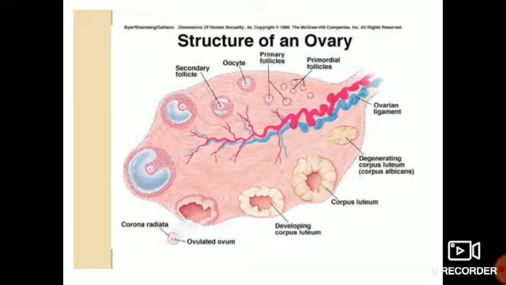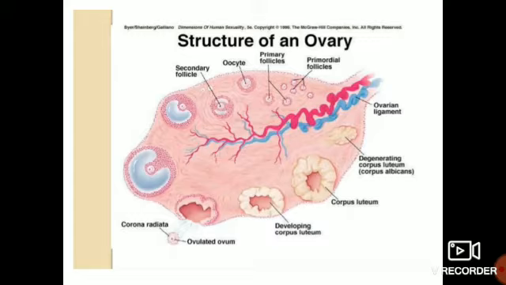Okay, now you see here primordial follicles are present, which are immature follicles, very small in size, as you can see in this diagram. Then you will be finding primary follicles, slightly bigger in size. Then the oocyte, a small dot-like structure inside the follicles, you will be finding over here. Now this is a secondary follicle, somewhat bigger in size. The innermost cell is in the secondary follicle. Then let us come more down.